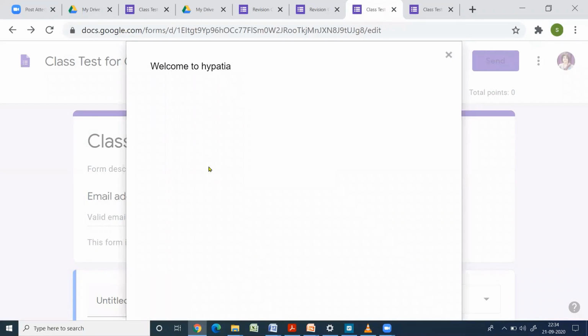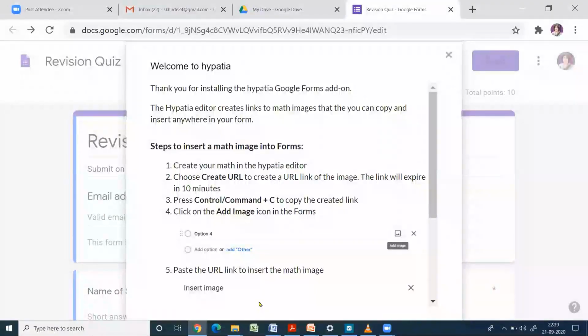Once you click on this, you will get the message like this: Welcome to Hypatia. Then you will get the procedure for inserting equations in your quiz. So you can read it in the beginning unless you are confident.